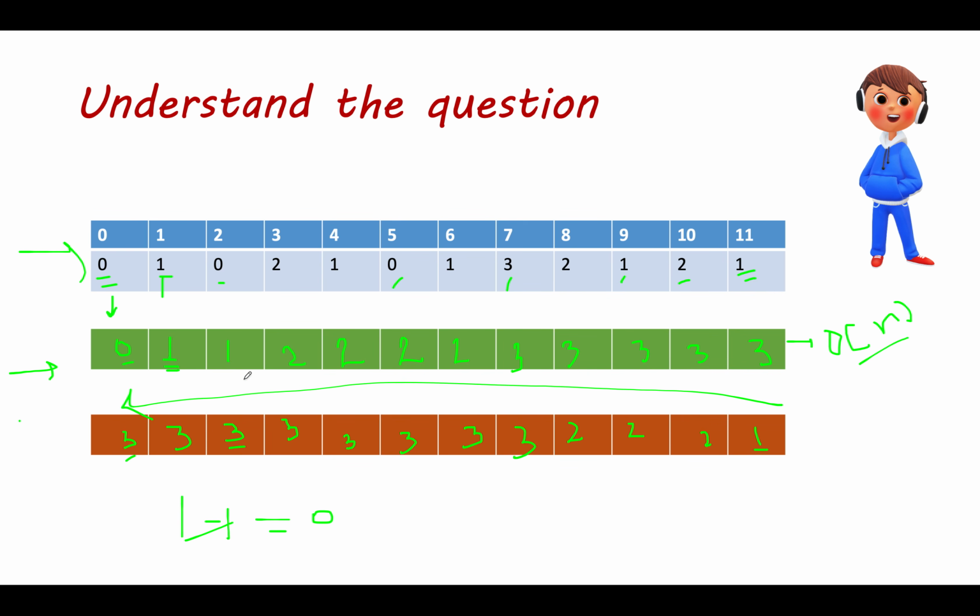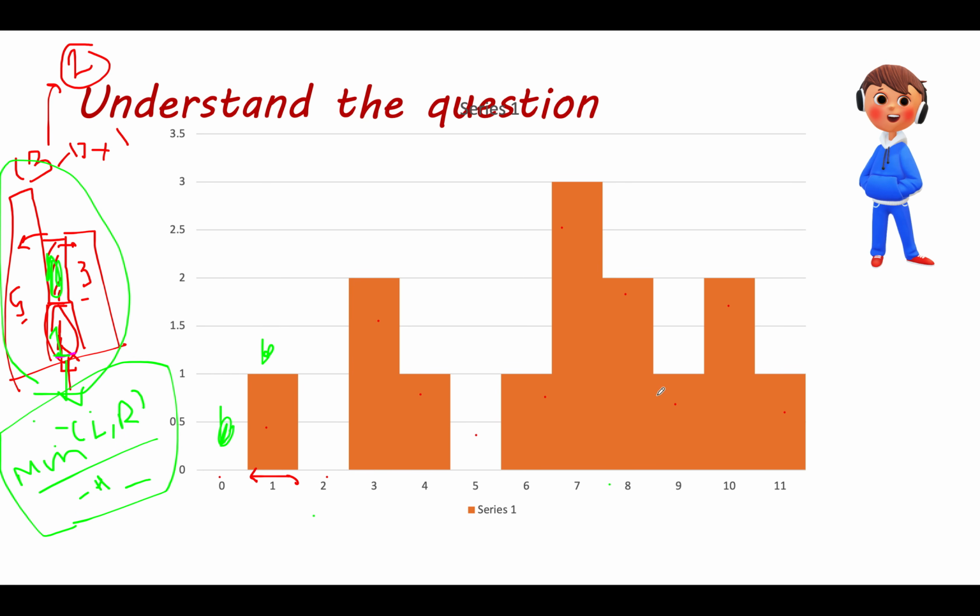We have 3 and 1. What is the minimum value out of these two? Minimum is 1. What is the value held at this particular node? It is 0. 1 minus 0 is 1. So the total sum becomes 1, which makes absolute sense because 1 unit of water gets stored here. Let me just highlight it,